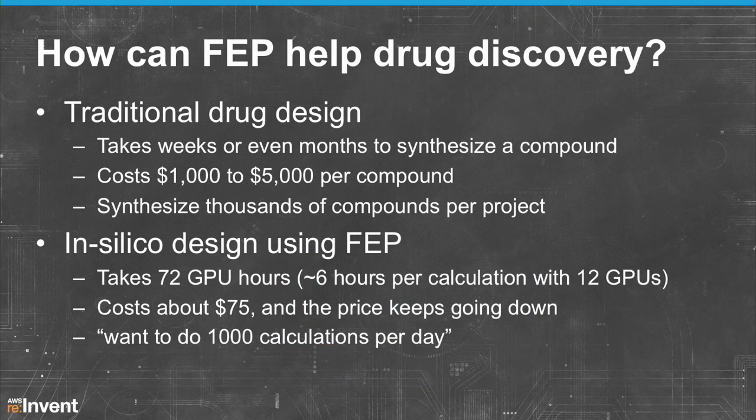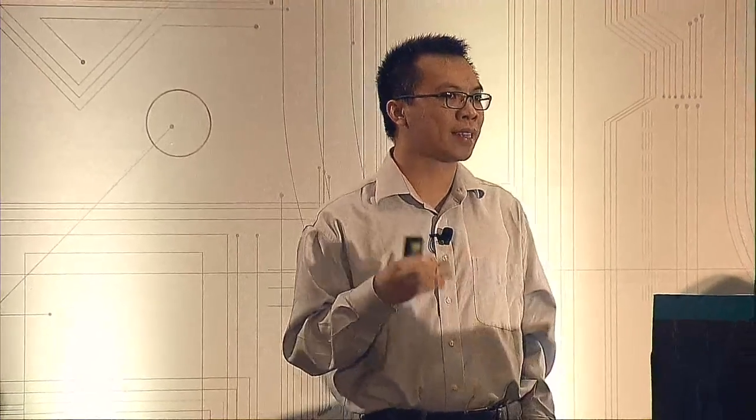So how can FEP help drug discovery? Traditionally, for every single project, chemists have to synthesize thousands of compounds. Each compound takes weeks or even months to synthesize, depending on the chemistry, and each one of the compounds costs $1,000 to $5,000. If you're using FEP technology, you could finish one calculation in 6 hours, and it costs only $75 on a CG1 instance, and the price is